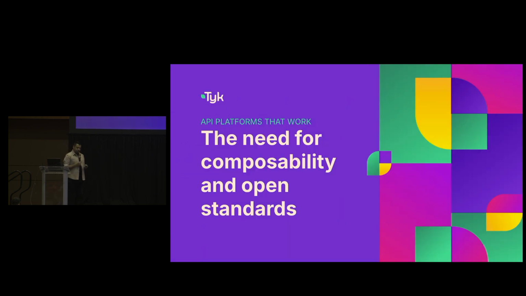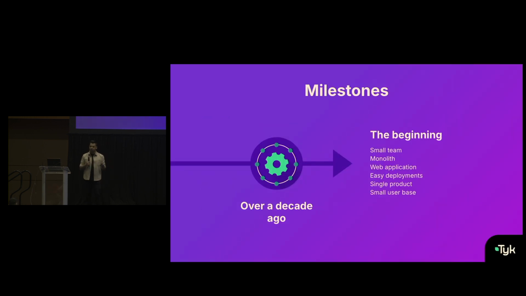Now, let's talk a little bit about the need for composability and open standards. I'm going to take you through a bit of a journey of an enterprise level. For a company that is building out APIs and API products, some of the steps or milestones that they might encounter on their way. Perhaps this is a decade-long journey, perhaps in some cases. For some people, it might be about a 5-year long. So starting off, things are very, very simple. When you're usually starting off, you've got a couple of capabilities, perhaps a monolithic architecture. Things are small, teams are small, deployments are fast, not too much fuss, not too much complexity.